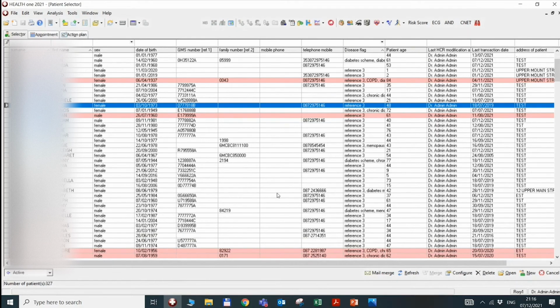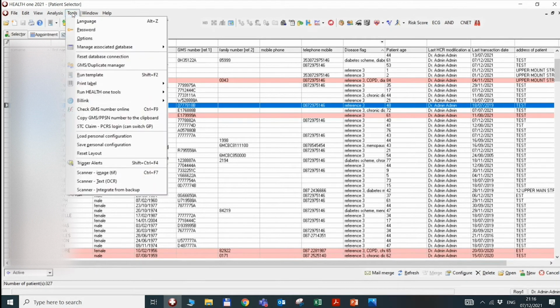This is a video for Health One users explaining how to use the Billink functionality in Health One. So the first thing that we'll do is we need to register to Billink. To do that, we go to Tools, and we have this option Billink, and we have a Register to Billink